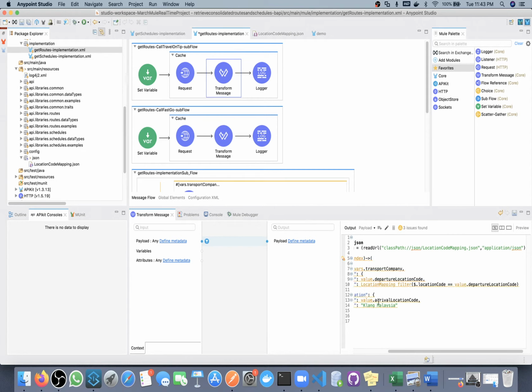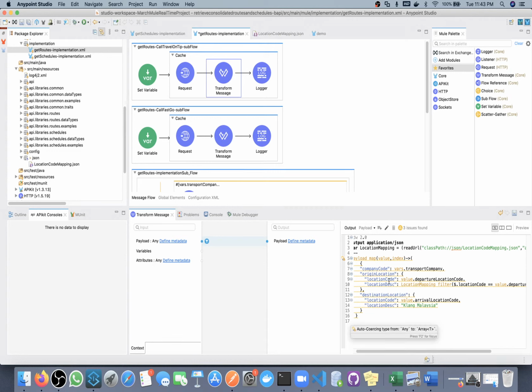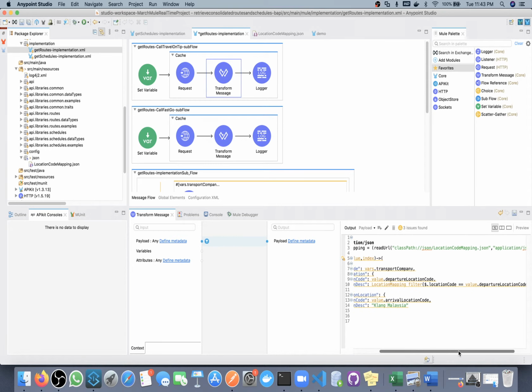I want the location description for this location code. For example, if the location code coming is BNSG, I want the location description Buena Vista Singapore. So I am checking whether the location code in the object matches this value or not. If it matches, then we get one object here.